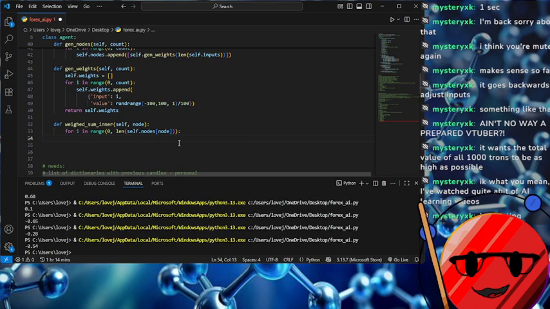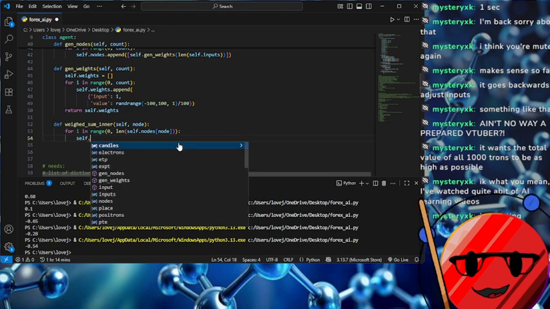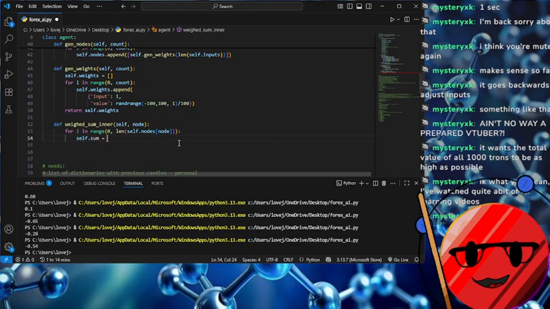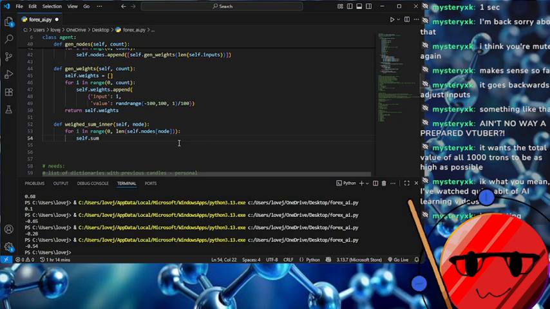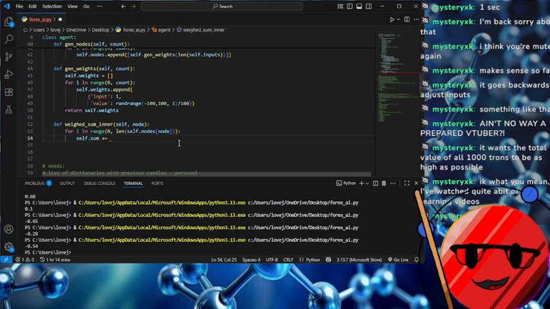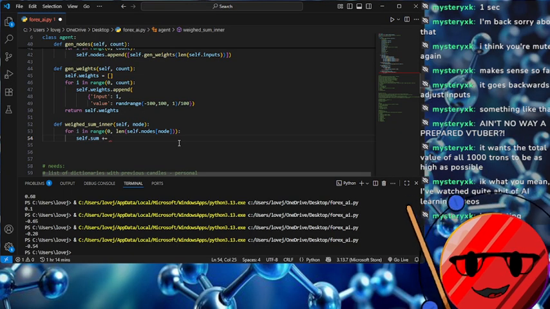So the node itself is a list of dictionaries as well, with the ID in the thing, which means we need to get, I guess it would just be self.sum plus equals. I feel like there's probably a way to do local variables in that. I will figure it out. But for now, we will allow this to be probably inefficient or something. I don't know. So self.sum plus equals